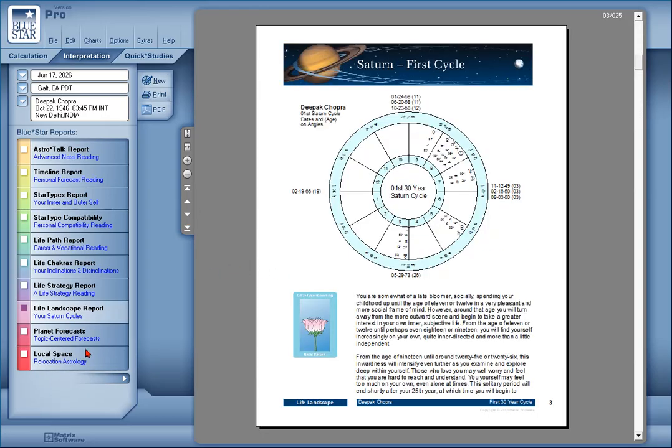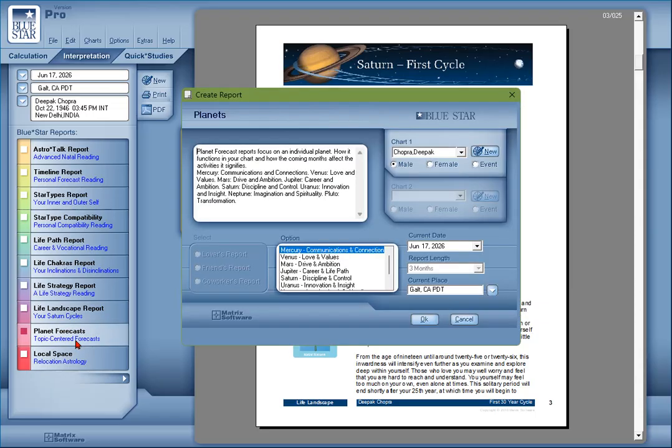Okay, the next one is the planet forecast. It's right there. Okay. So you can have the Mercury, Venus, Mars, Jupiter, Saturn, Uranus, Neptune, Pluto. Okay, so each one of them has its own name.